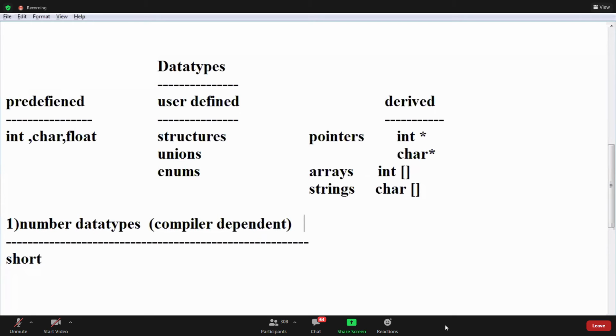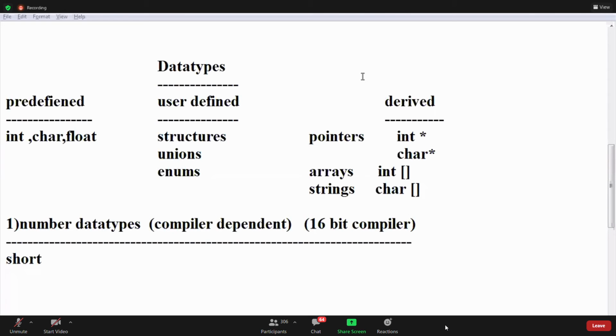I am discussing a 16-bit compiler. Now I am using a 16-bit compiler. If you use a 32-bit compiler, again the sizes are different. Everywhere the data type size is different. If you learn one compiler, it won't work the same on another. Class in Java and C++ is a user defined data type.